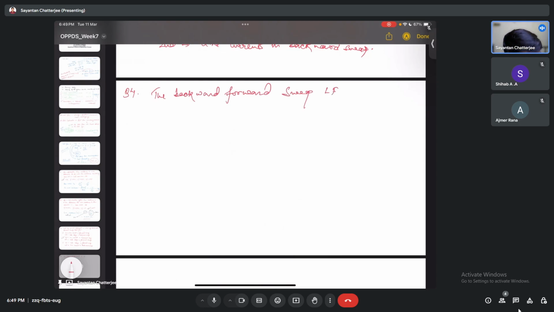I'm writing LF for load flow. So here I am writing load flow, but next I will use this LF. See, load flow. And everything starts with a guess value of